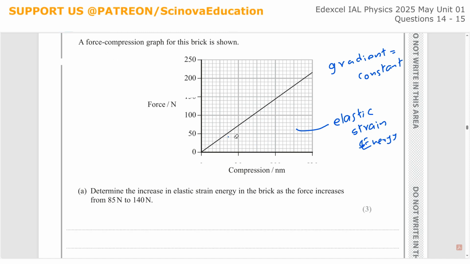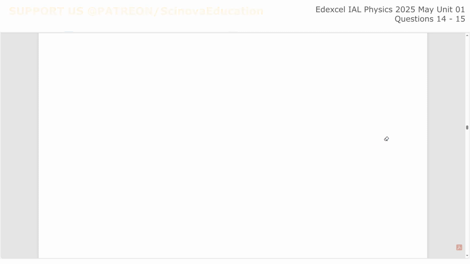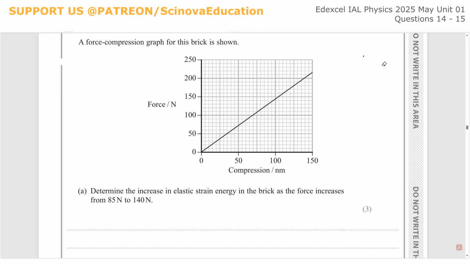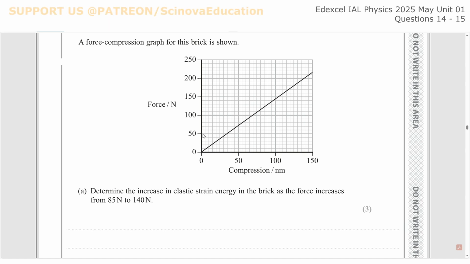However, you should be careful. We are not going to calculate the total area. We just have to calculate the area under the graph between 85 newtons and 140 newtons. So if you mark 85 newtons along the y-axis, we can find out the corresponding compression. Also, we can mark 140 and then find out the corresponding